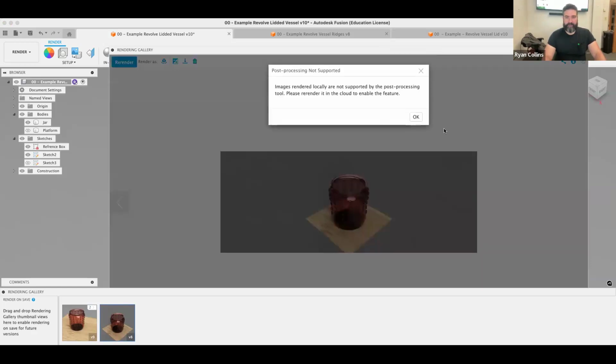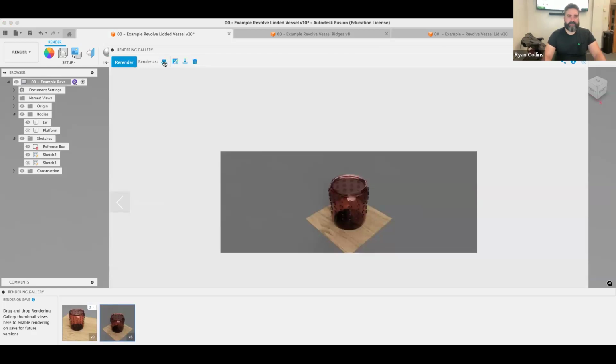Zoom in, that would be awesome. Not supported by the post, oh God, I'm just trying to zoom. Anyway,